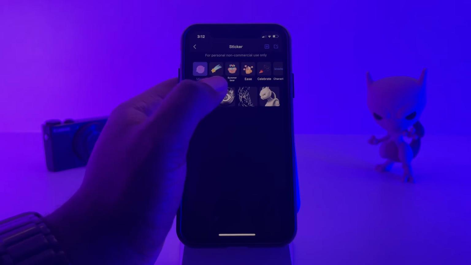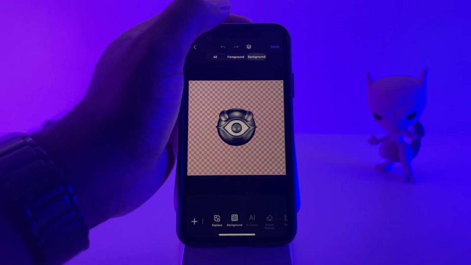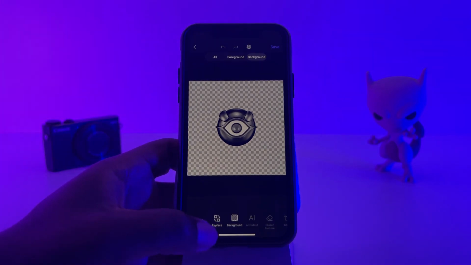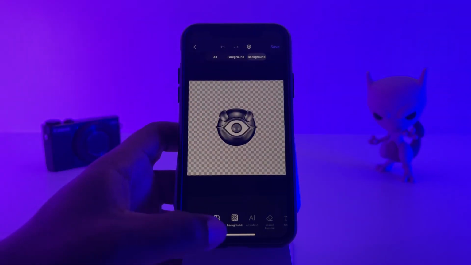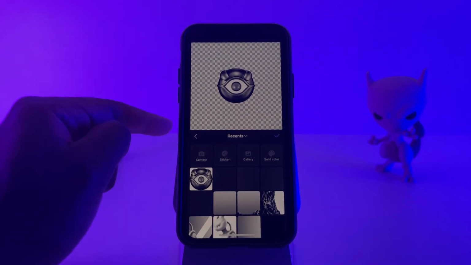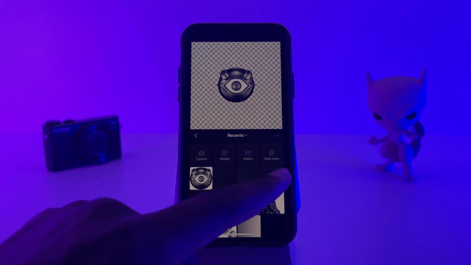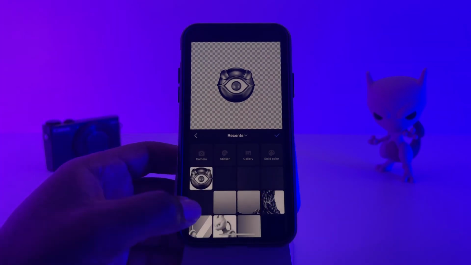Now here we're going to click the photo, and we're going to change the background. So for this one, hit background and hit replace. For this one, we're going to choose that very first one that we created. So the very first background. So we have 1, 2, 3, 4. So we click this one,